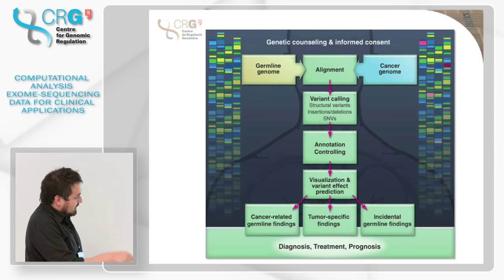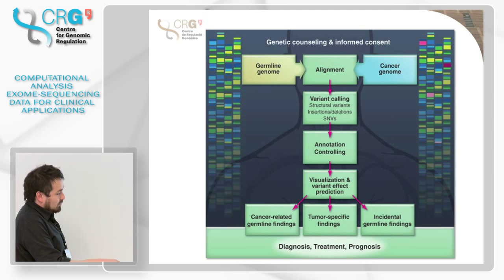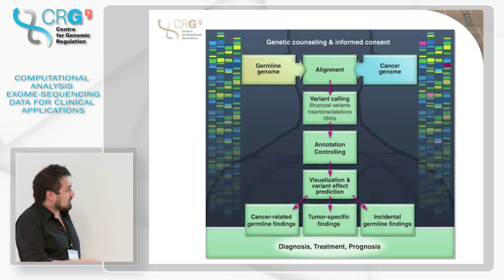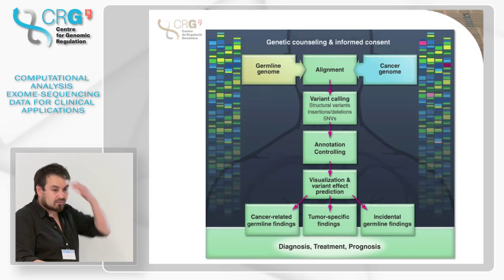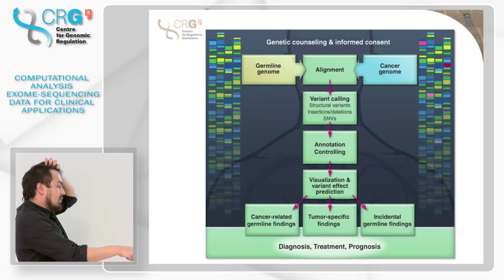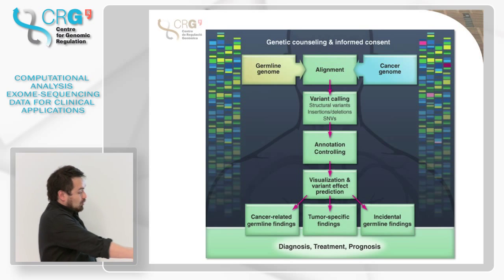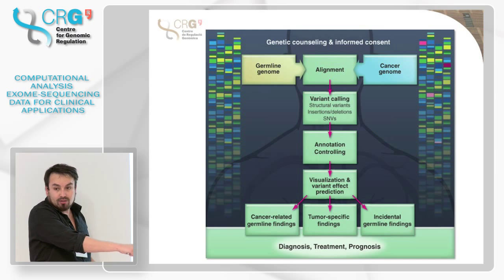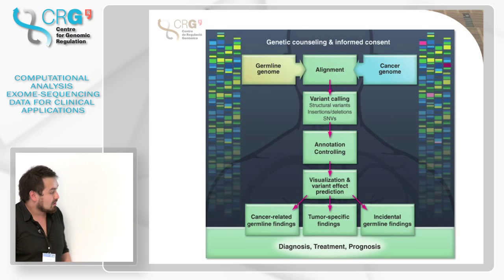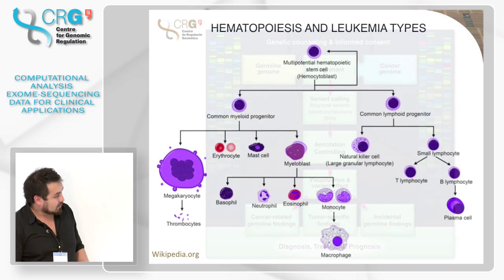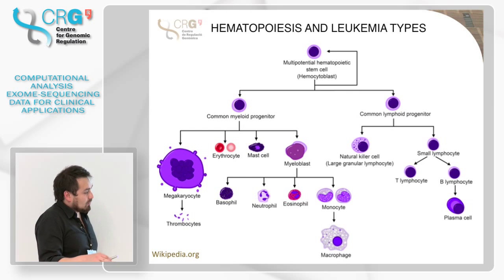Then what you want to do is basically the annotation, filtering, visualization, and variant effect prediction. Basically, this is what you have been doing for the diseases. It's not very different from the tumor. The only difference is that you now have a paired sample, a germline and a tumor sample. Then you obviously will have the tumor-specific findings, which are the somatic mutation-specific ones, or the cancer-related germline findings, which are going to be predisposition or inherited mutations. Then, next one. Next, what we're going to do in the workshop today